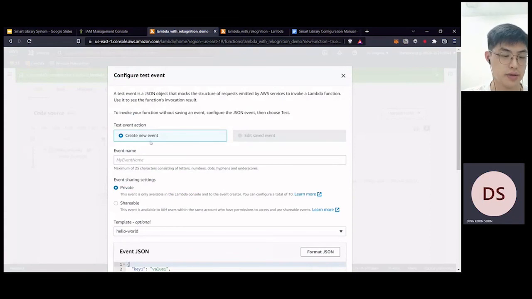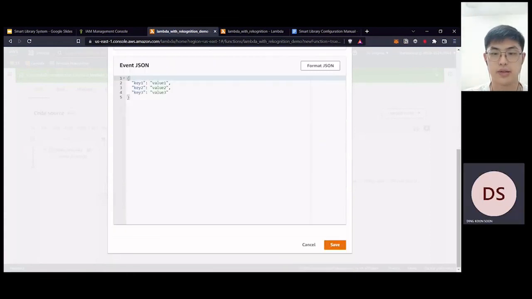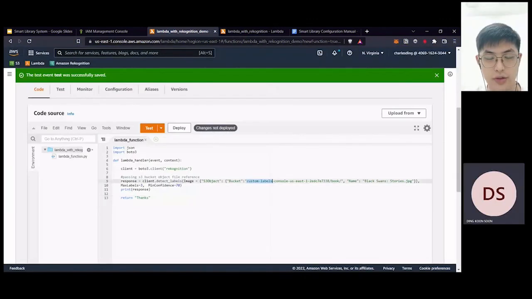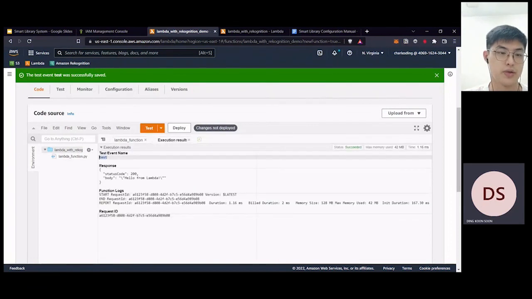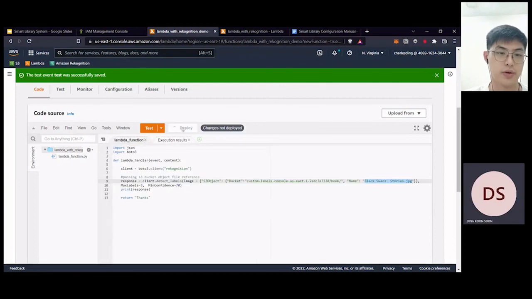Create new event test. Then save. Here you need to write the bucket with the picture and the picture name. So test again, and then we'll see the response and the crash ID. Then we can click deploy to save the code.